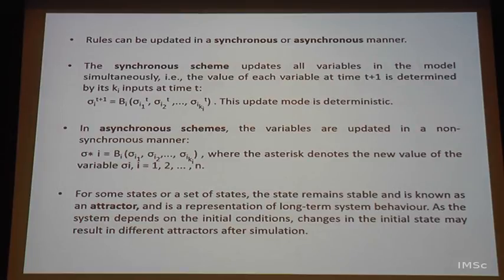So, now there are two types of update schemes: synchronous, in the sense all are updated at the same time based on their previous state, whereas asynchronous, there is an order. If A changes, then A1 in the first state changes, and A to A1 if it is changed. B1 depends on A1 and not on B0, right. If A0 is going to A1 to A2, and B0 is going to B1 to B2, B1 depends not only on B0, but also on A1, because A1 is feeding into B1. So, this is an asynchronous kind of update, and there the order becomes very, very important.